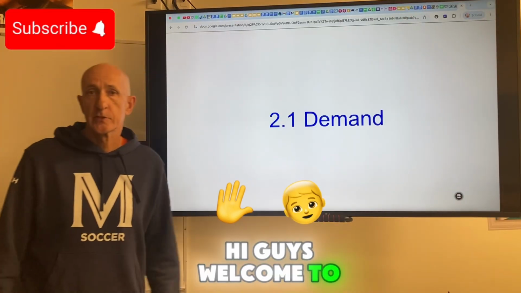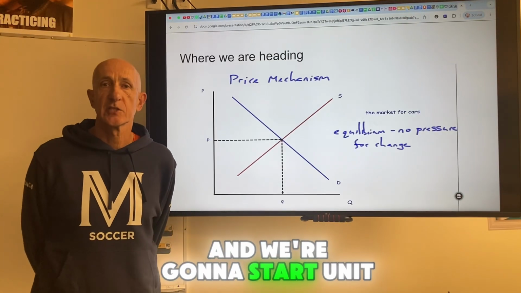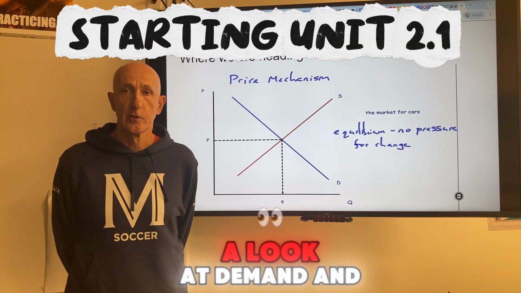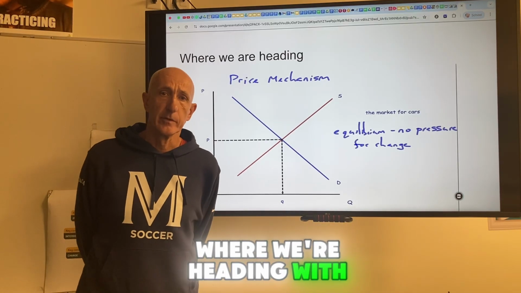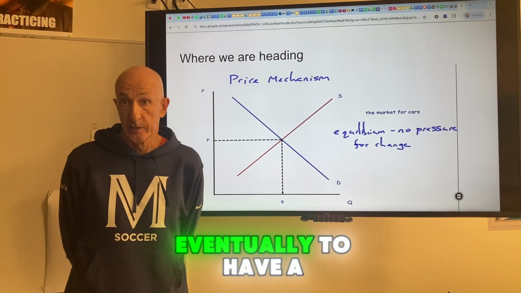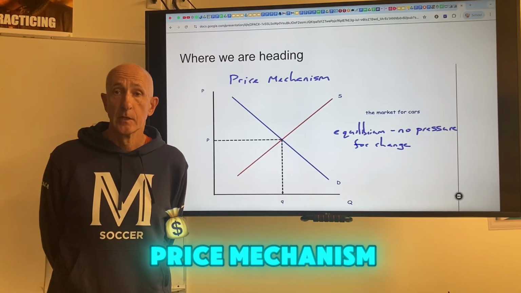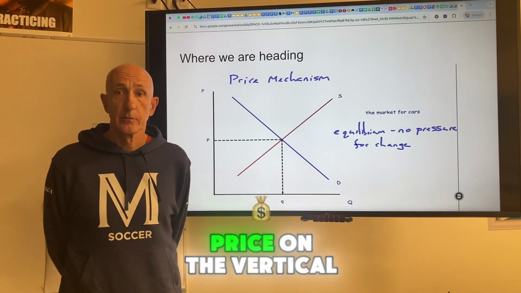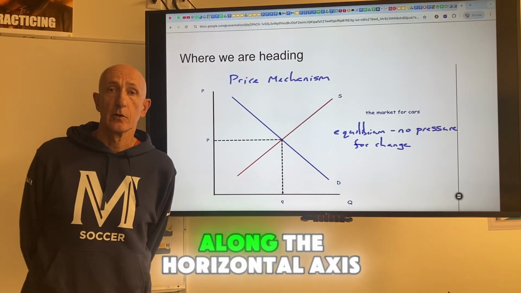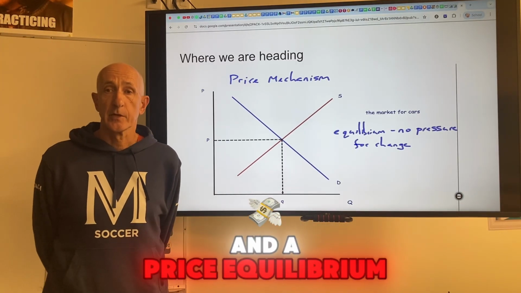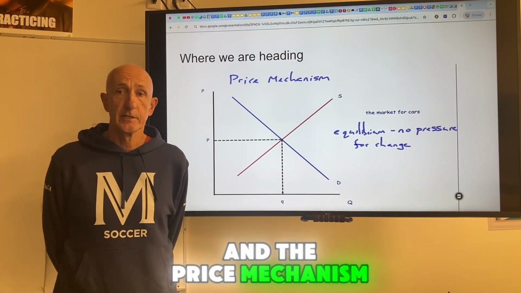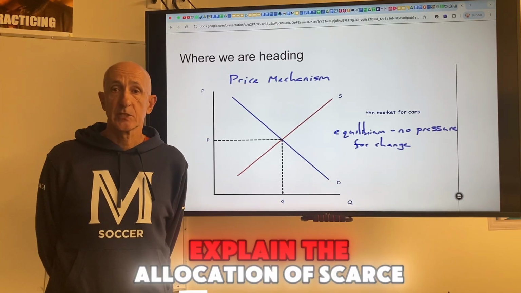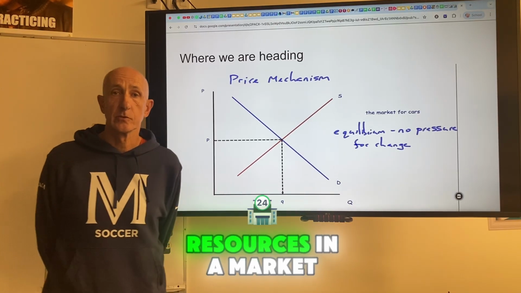Hi guys, welcome to IB Economics, and we're going to start unit 2.1, which is having a look at demand. Where we're heading with this unit is to eventually have a look at the whole price mechanism. You can see on the screen there, supply and demand, price on the vertical axis, quantity along the horizontal axis, and a price equilibrium. And the price mechanism is really the way that we explain the allocation of scarce resources